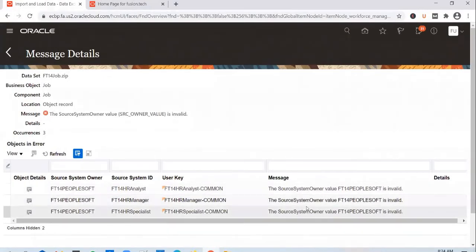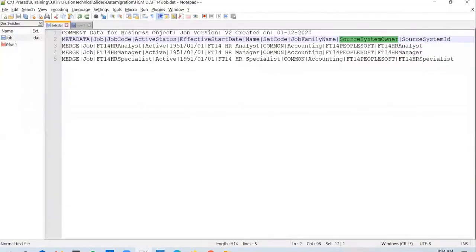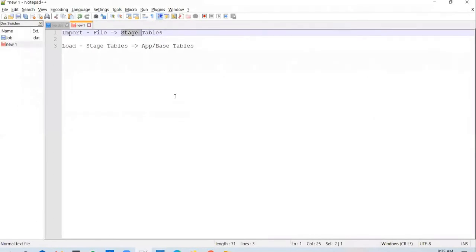Okay. So in this case, as I mentioned yesterday, you will not be able to query the stage tables from a data model. In case of FBDI, you were able to query a GL interface table to see whether the records are loaded or not, whether they are processed or not, right? You don't have that flexibility in HCM data loader. You cannot query the stage tables.